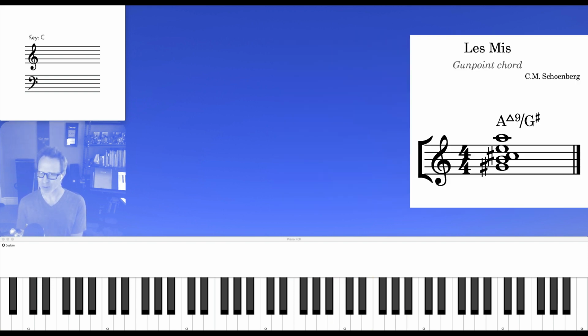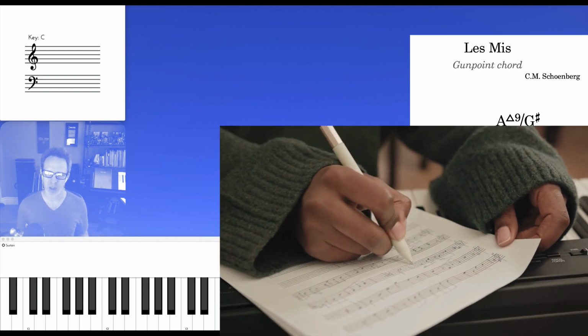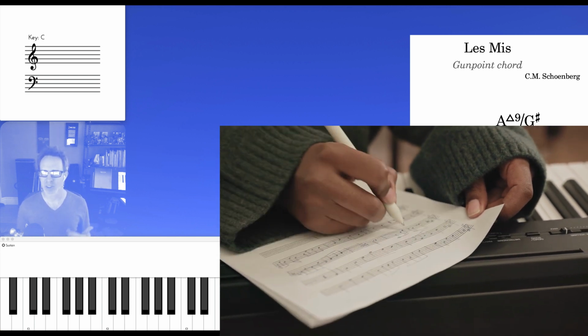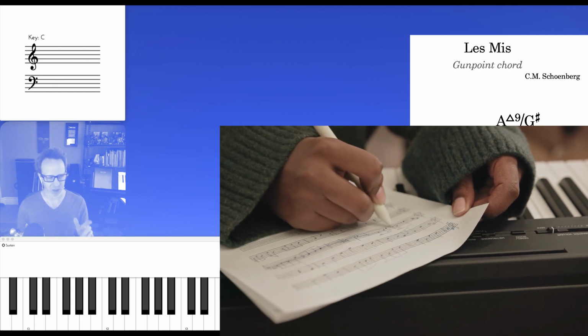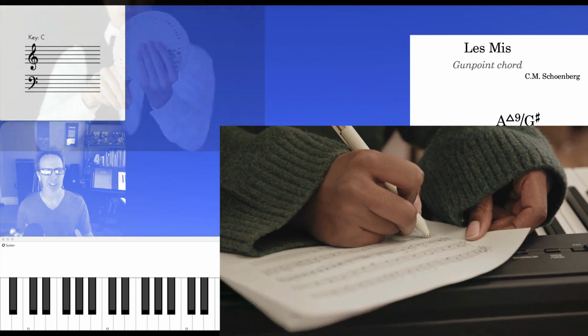It doesn't sound like it with this keyboard, but with the orchestration you hear in the film, there is so much tension and fear in that moment because of this voicing. To me, this illustrates how music can be like a magic trick. By using a certain harmony with carefully chosen instrumental colors, a composer can make you feel something. But without changing a single note, only changing the order of those notes, a composer can evoke something totally different. And that's like a magic trick.